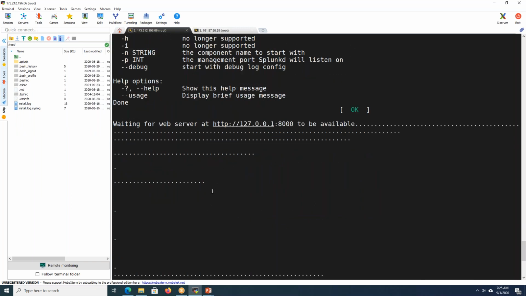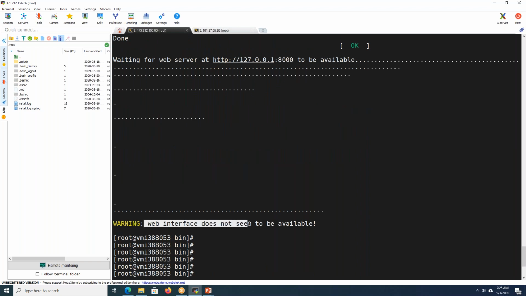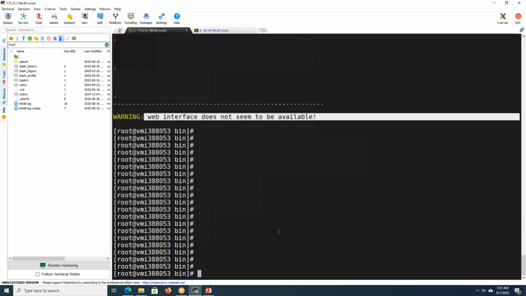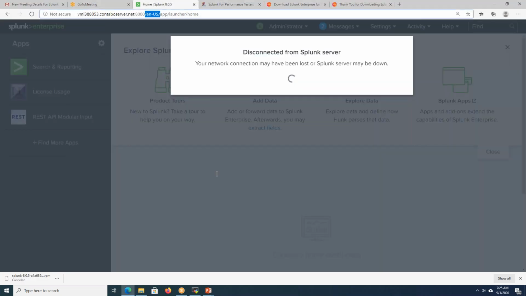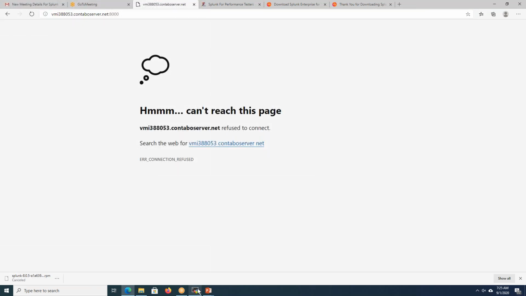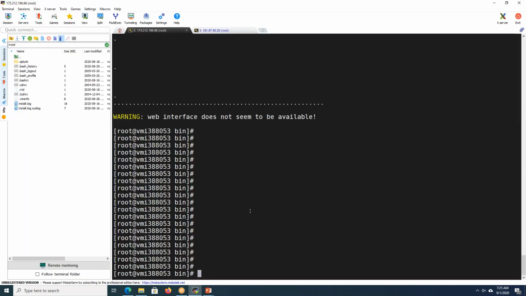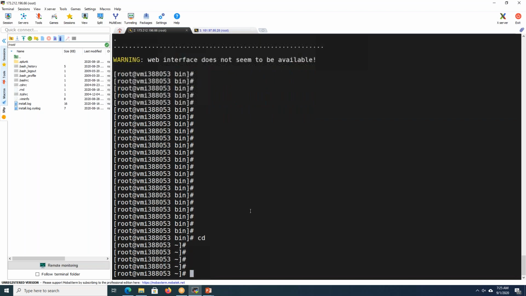Looks like there is some issue. It is showing that the web interface is not available. So I will just check whether we are getting the interface. The installation remains the same, but there is no issue with installation. There is some problem with the package or download.